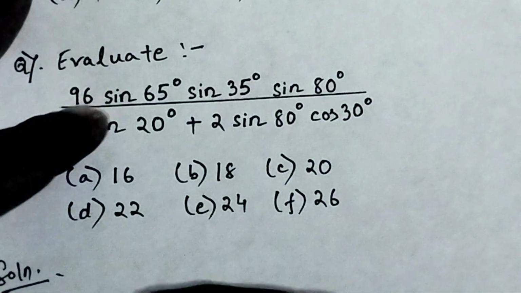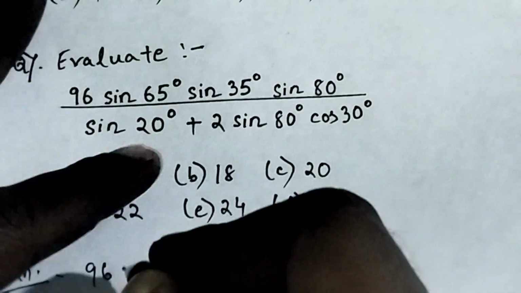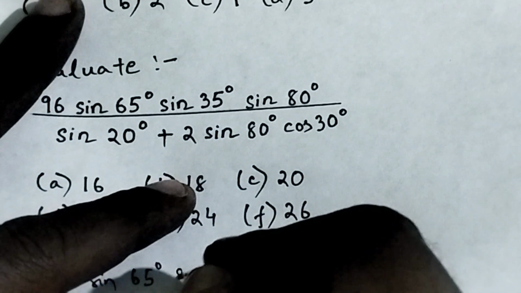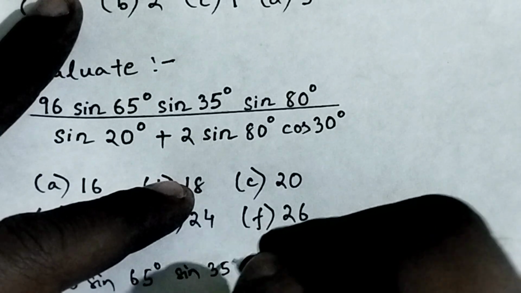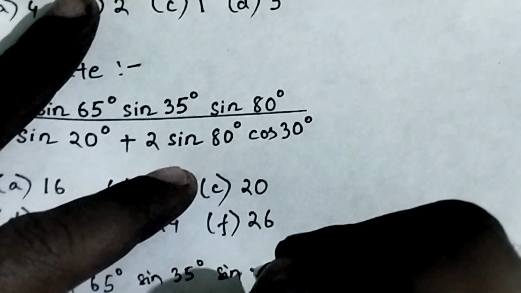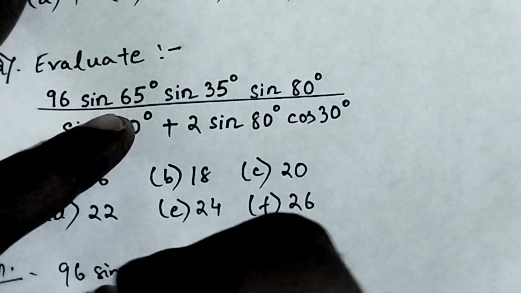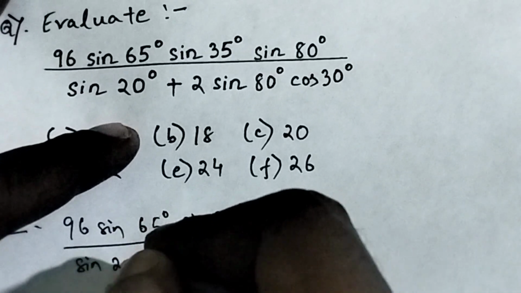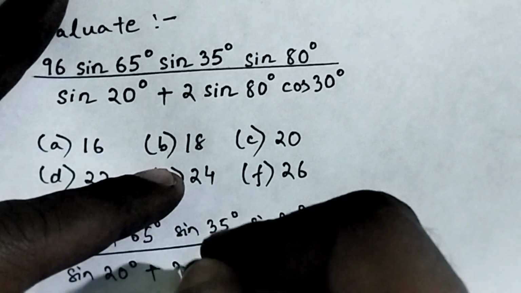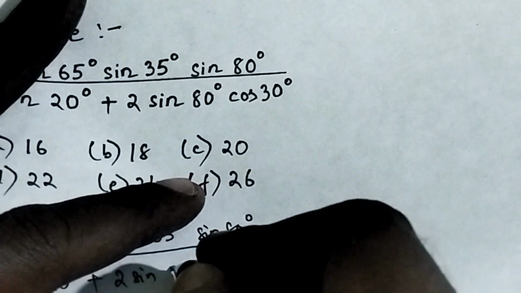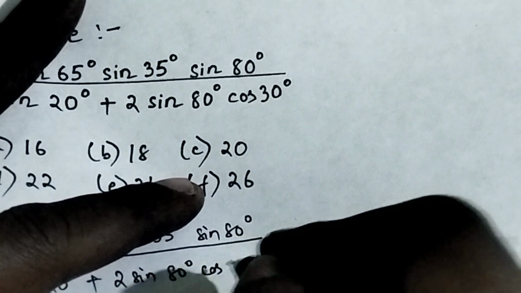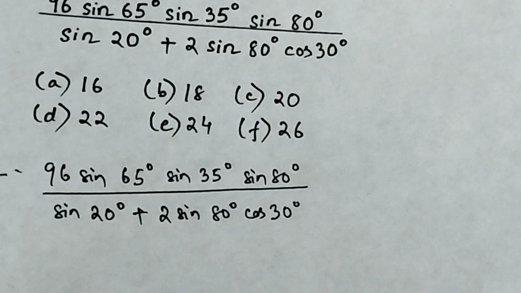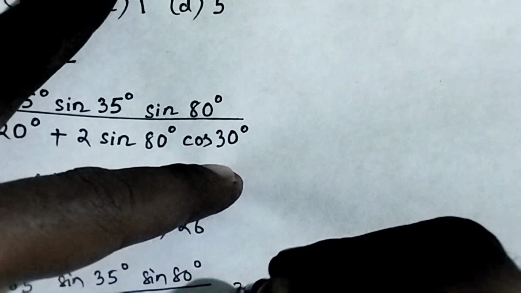Now I will copy 96 sine 65 degree, sine 35 degree, sine 80 degree, whole divided by sine 20 degree plus 2 sine 80 degree into cos 30 degree. Okay, this is the given problem. Now